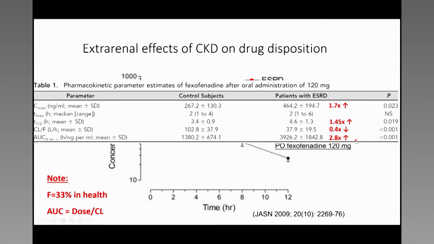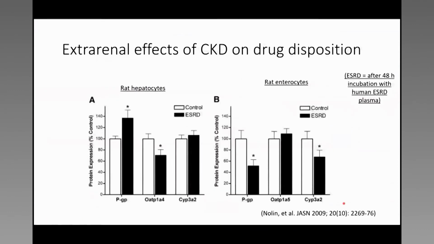So this means to me that we most likely have an increase in absorption. So that may mean that those transporters are not working very well, and a prolonged elimination half-life, which is due to a decrease in clearance. And this must relate to inhibition of these transporters, further supporting the fact that end-stage kidney patients have uremic toxins which are causing